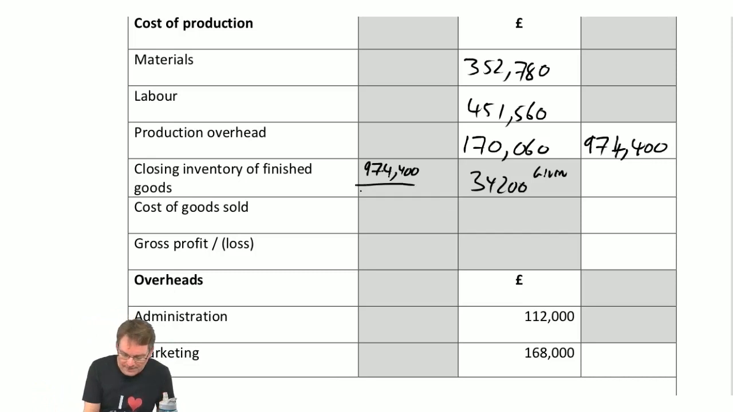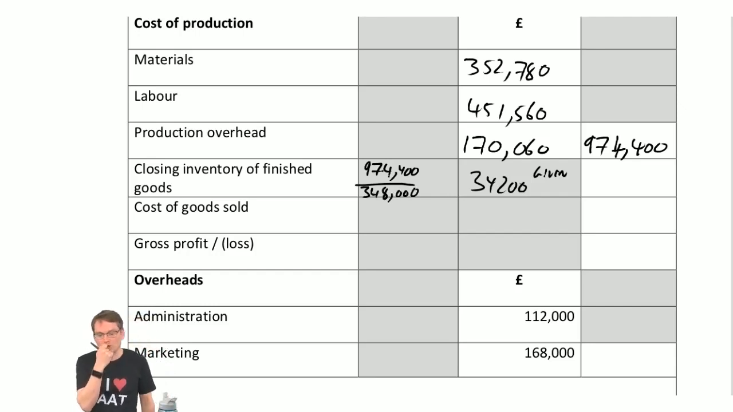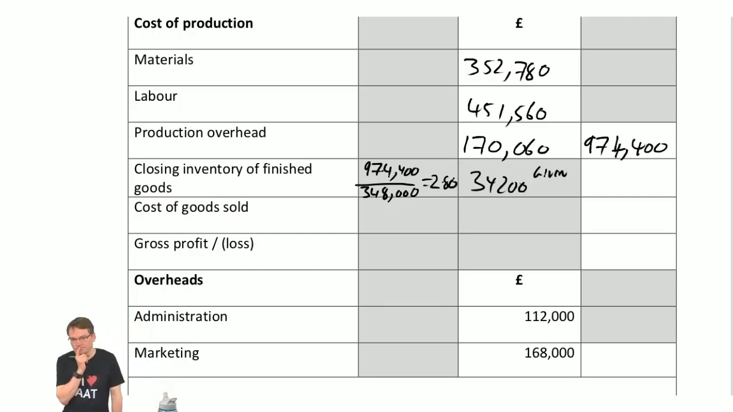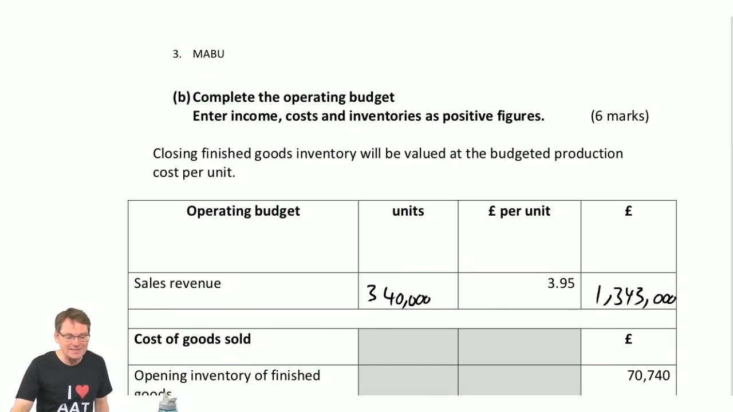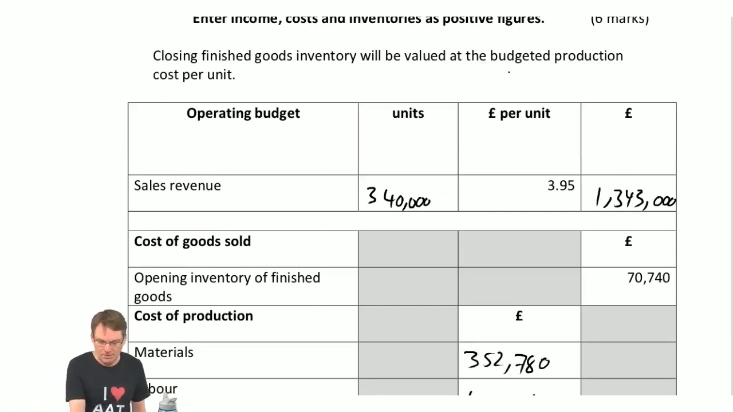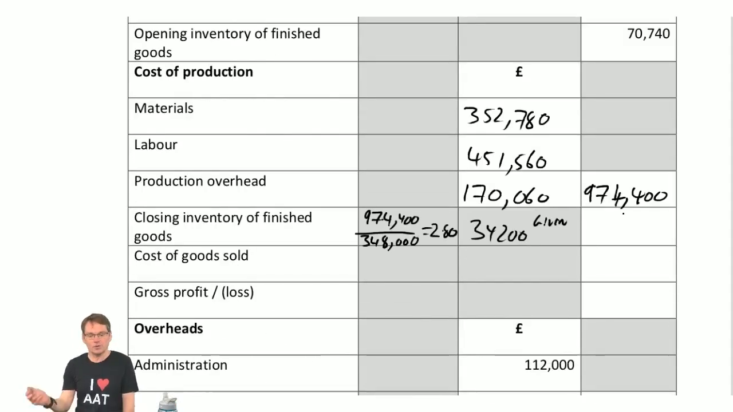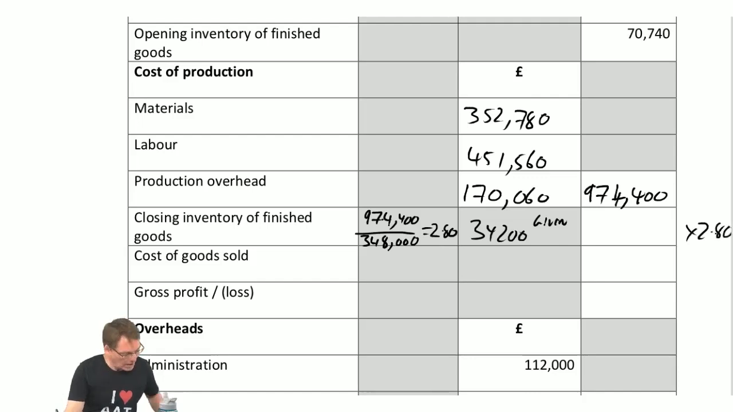But we were told how many units we made. And the number of units we made was 348,000. So the cost per unit comes out at £2.80. Now, why have I done the cost per unit? Because that's what it told me to do. It said the budgeted production cost per unit. So I worked out the production cost, 974,400. I divided it by how many units we've made, cost per unit. And then simply 34,200 times 2.80. And that will give us